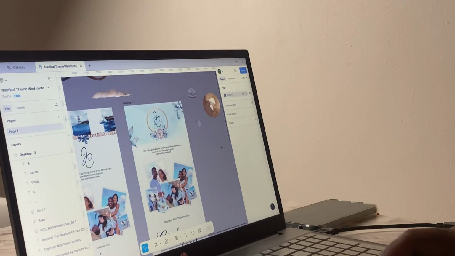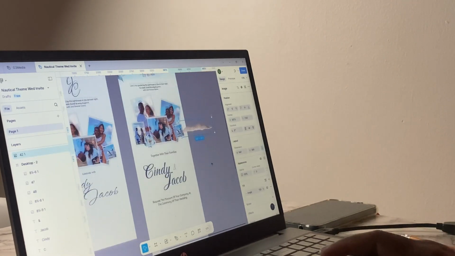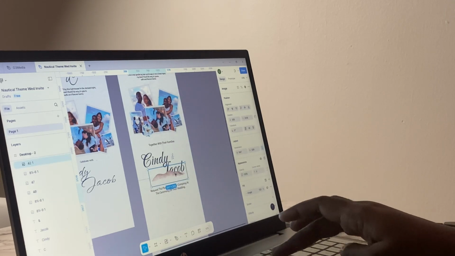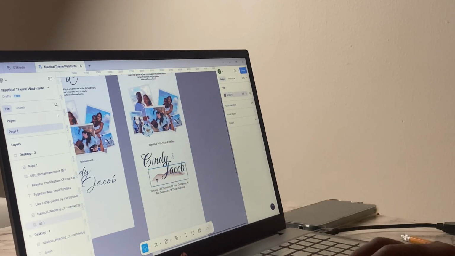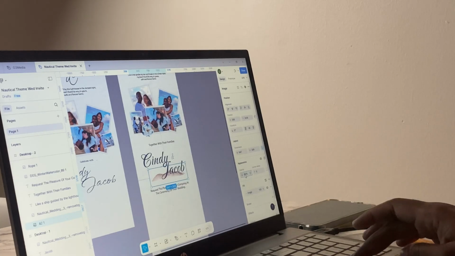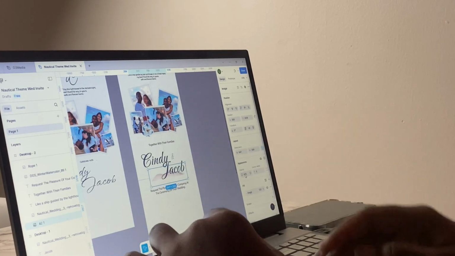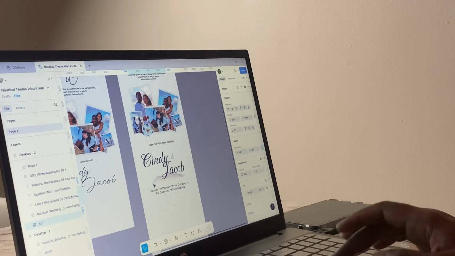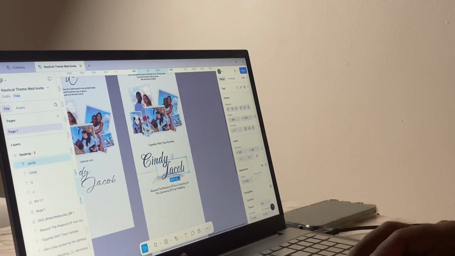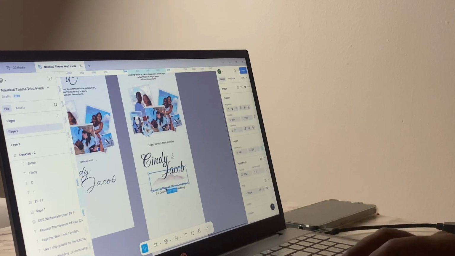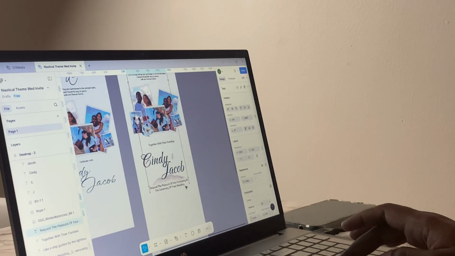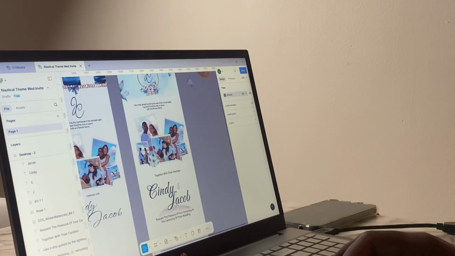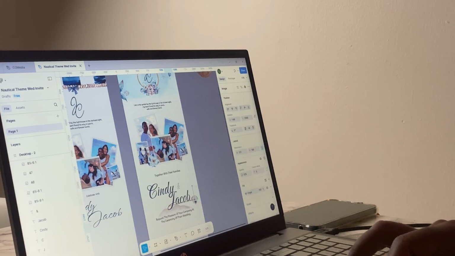For the name section, I did not film the part where I found the font. The font is definitely on Figma. It's just that it took me so long to find it because I wanted the perfect font. I didn't want something that was too straight, too curvy, or too thin. There were so many options that I had to really take my time to sift through, and then I finally found the one that really stood out to me, that wasn't too curvy but still had curve to it.